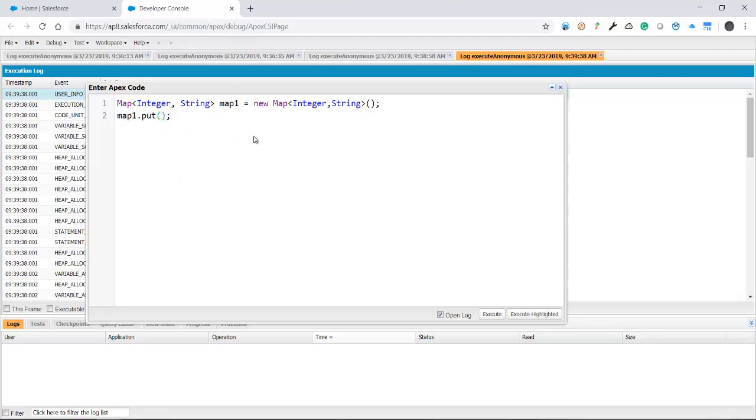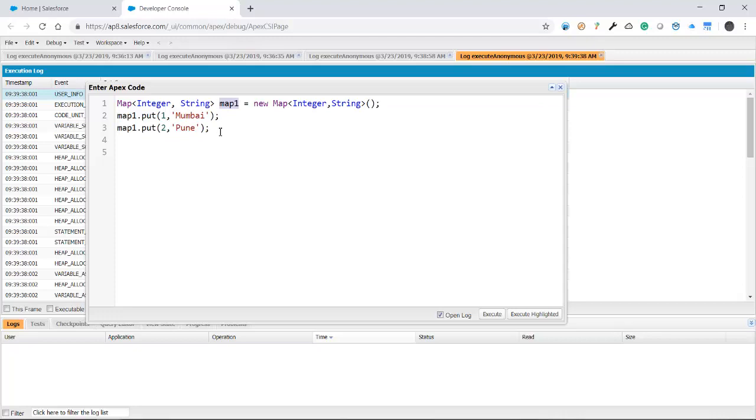Okay, so what I do here is integer, so I can take any integer like 1, then I have to write comma and then string, any string like Mumbai. Okay, now again I can add any number of things here, so I just make it Pune. Okay, these are the city names. All right, so this is the actual syntax how you define the map, and this is how you insert data